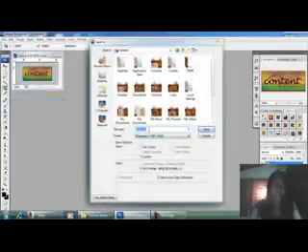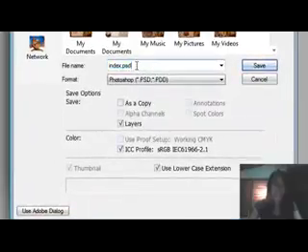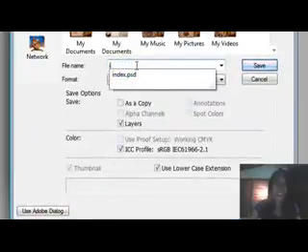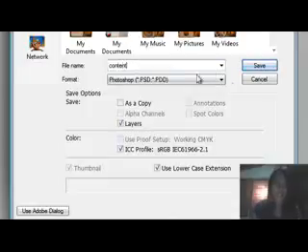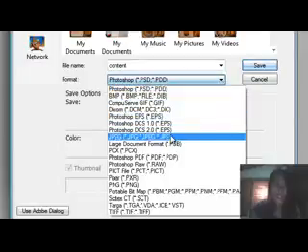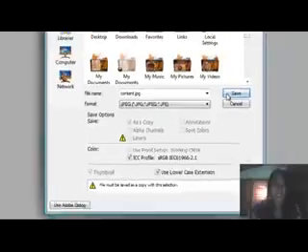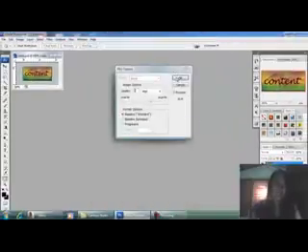Then I'm going to file name as content. And for the format, I'll be choosing JPEG. Then save. Then OK.